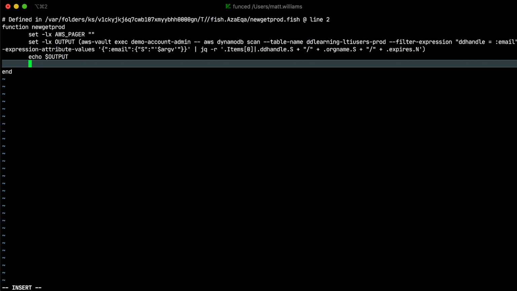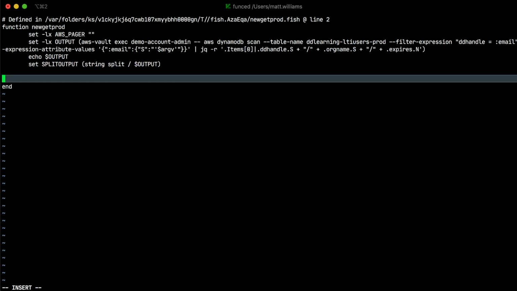Now I want to split out those values. In fact, this is why I use the /, because I want to be able to individually address each of my items. So I can say set, and fish has a string function called split. So I'll say string split, and I'll split it based, every time it sees a /, make that a separate item within an array. And it's looking in the output variable. Okay, cool. So now each item in split output is going to be split out into items in array. And so I could say, at this point,